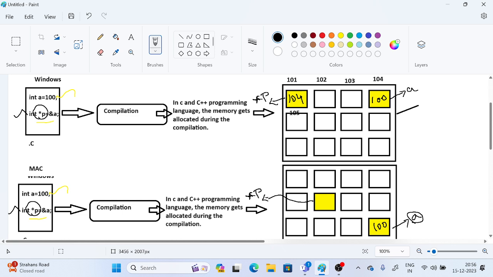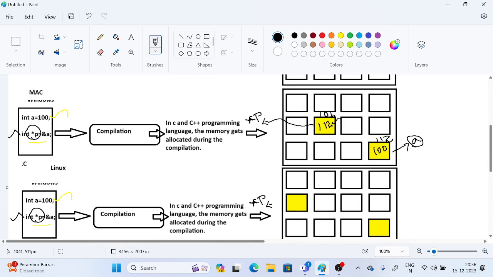The address of a variable. So now this second time, when the program is running on the Mac operating system, this memory block can be 112. This time the pointer is going to store 112. Previously the address was 104. This time the address is 112. Right? And it is going to have its own address. Let us say this is at 106. If you understand this